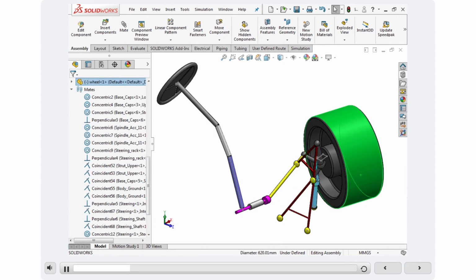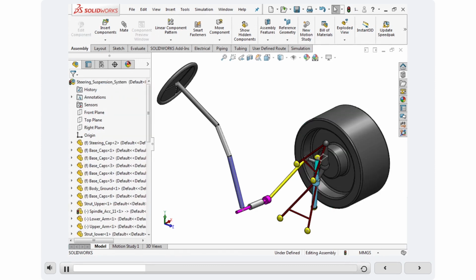Move the tire vertically and rotate it. Notice that the lower arm is not connected to the lower strut. Also, notice that the tire has turned, even though the steering wheel does not because of the angle mate. Scroll up. The 5 base caps are fixed and cannot move. Fixed parts are preceded by the letter F in the feature tree, while floated parts, which can move, are preceded